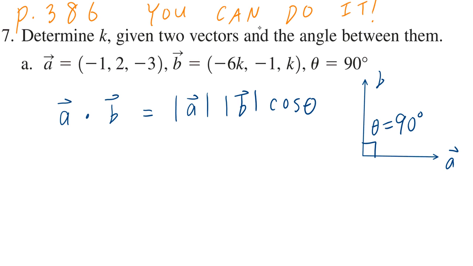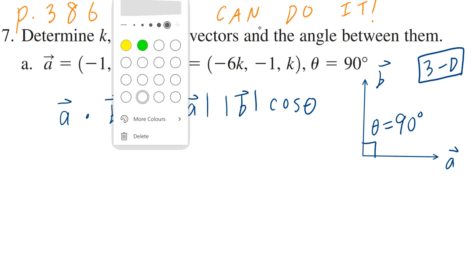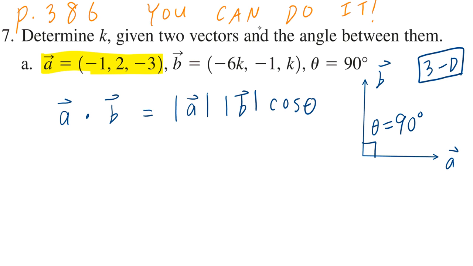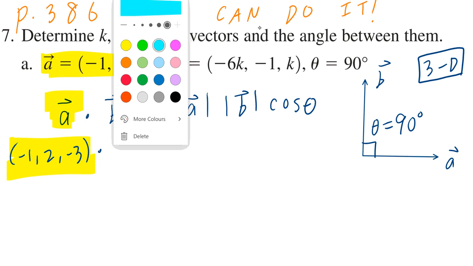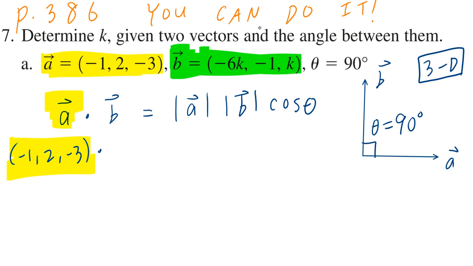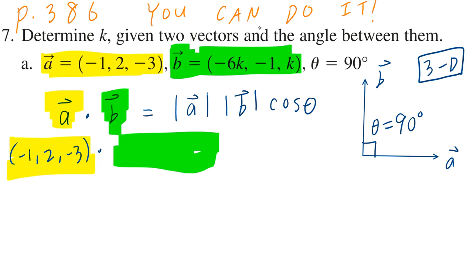I'm going to label this as vector A and B. And of course, this is a three-dimensional example, or R3, as they would say in the textbook. So you go back, let's highlight the first piece. Vector A is going to be -1, 2, and -3. Likewise, if you look at the second piece, vector B, that's going to be -6k, -1, and k. And if you think about the right-hand side, this is going to be the magnitude of